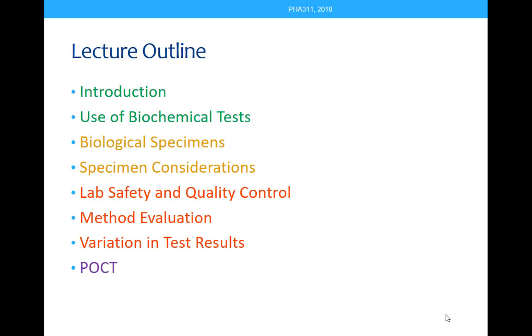Clinical biochemistry. All right. Now, in this first lecture, we will be discussing topics like the use of biochemical tests, the specimens that are collected, how they are collected, and what special considerations you need to have in mind. And then towards the end, we will look at lab safety and quality control measures, because the sample that arrives at a clinical biochemistry lab,